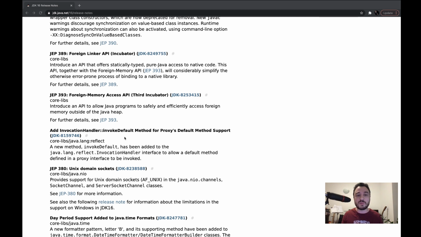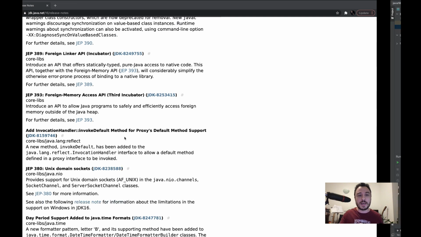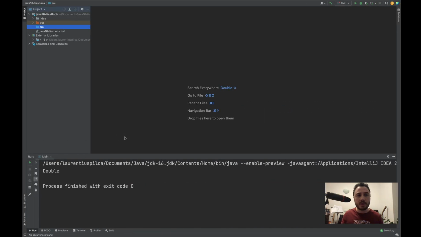And the addition of the invokeDefault method helps us in case we are referring to an interface that declares default methods, which, if you remember, were available starting with Java 8. You can now call the default implementation from the proxy directly. I suggest we try this one so you see how it works, and I have already created here a Java